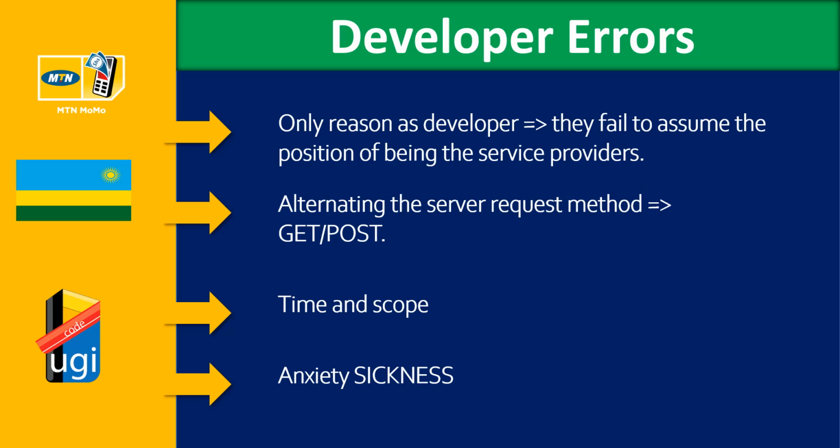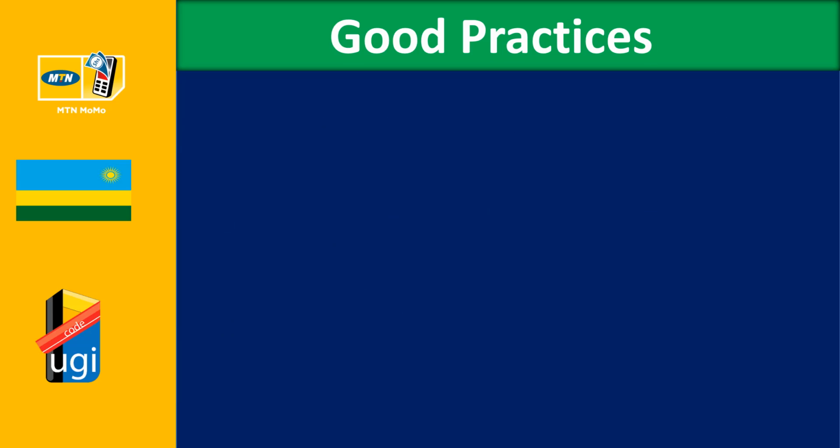So they also have anxiety sickness. Someone is so anxious to make things work and they think they will make it work within a day or two or even hours, just because they want to make their idea come to life. Please stop being anxious and give the project time so that you learn. You're new to the API, you must first understand. Therefore, you follow the steps that are given to you.